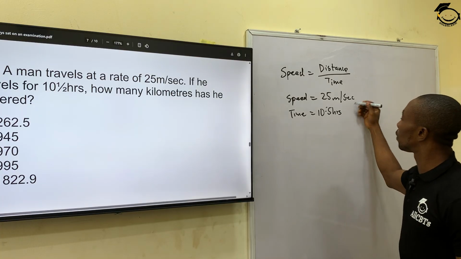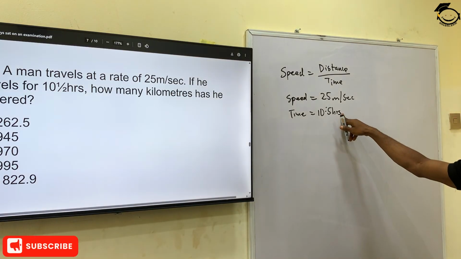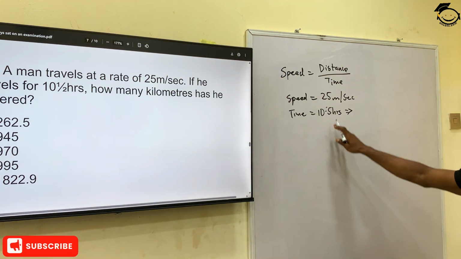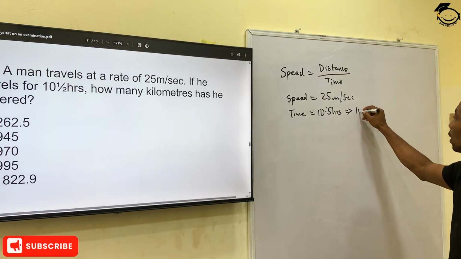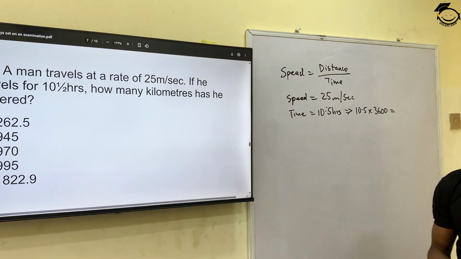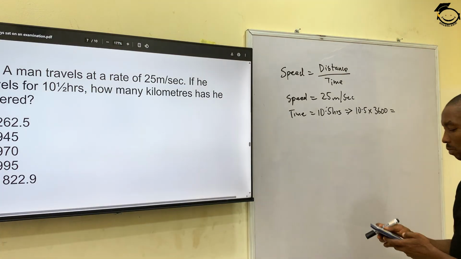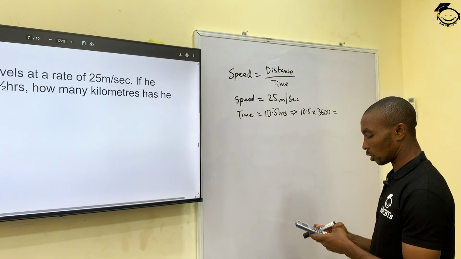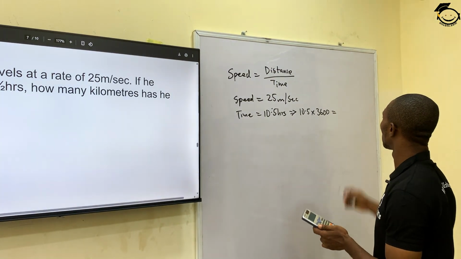Now, notice the difference. This is in seconds, this is in hours. So we have to convert our time to seconds. Converting 10.5 hours to seconds will be 10.5 times 3,600, which will give us